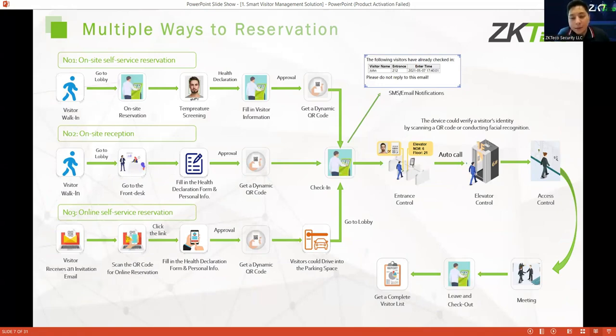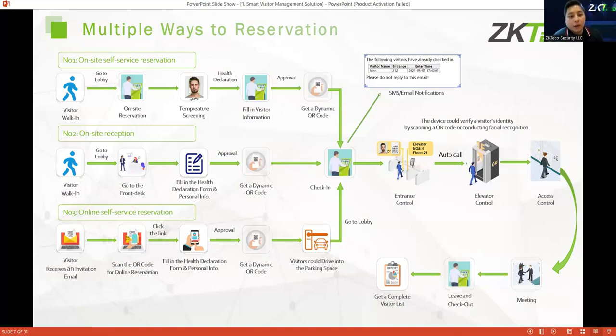So we added verification for temperature in order to secure not only the authentication of the personnel but also the health and safety of our employees inside the premises, in order to achieve the maximum visitor management solution. Next, the visitor fills in information, and that's when he or she receives a dynamic QR code, which the visitor can use for check-in on our entrance control, elevator control, and access control.